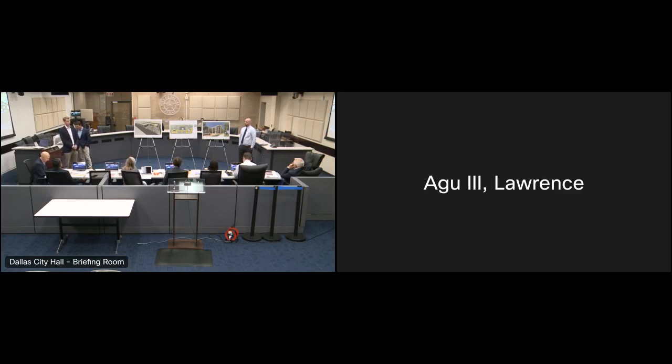Number seven, the panel suggests considering how pad sites or retail components could be used as a public space amenity on day one while retail tenants are brought on board. Comment number eight, the panel suggests that further consideration be given to how the front corner plaza and northwest corner plaza